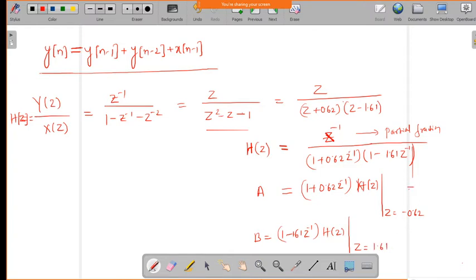So you can find out the values a and b and write H of z,